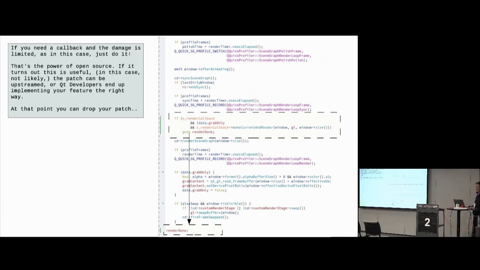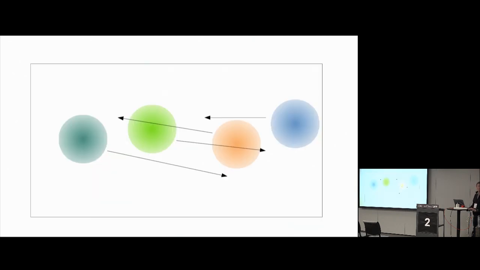But the principle in the top left corner is very important to me. This is open source. This is the power of open source. If you want to make a change and you have an idea that it might work, then just do it. You can just jump in and make the code change. Don't be afraid. If the patch is ugly and you can't upstream it, that's fine. But even if you can't upstream it, you can talk to developers about it. There's an open governance model in Qt. You can discuss on open forums. And eventually somebody will probably say, that's not how to do it. However, here's one way you could do it. And maybe even somebody gets inspired to do it in Qt, or you could do it yourself.